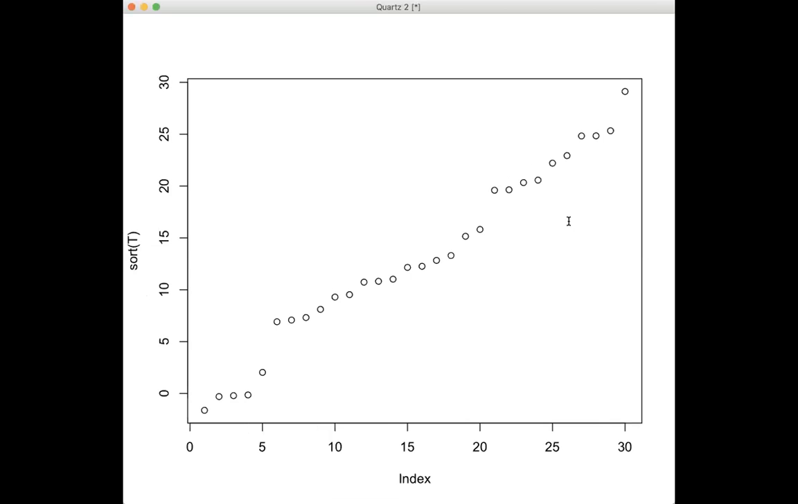Can you see the scatter plot? Yes. Okay, so basically,